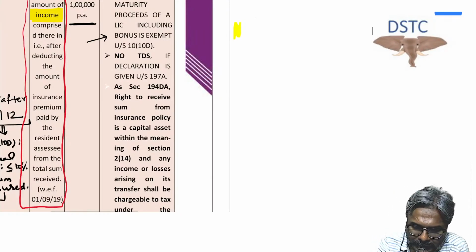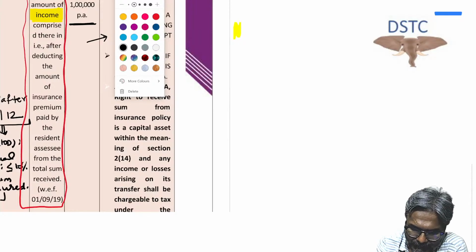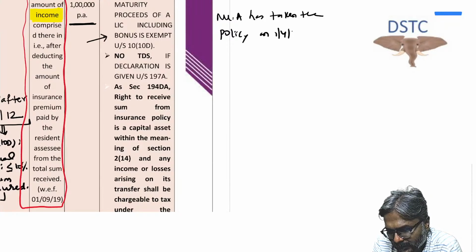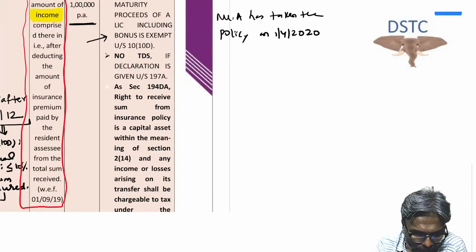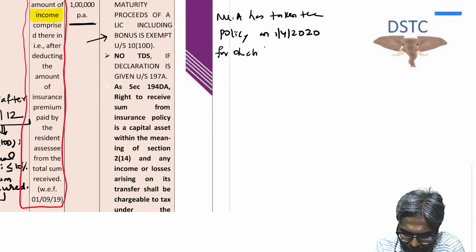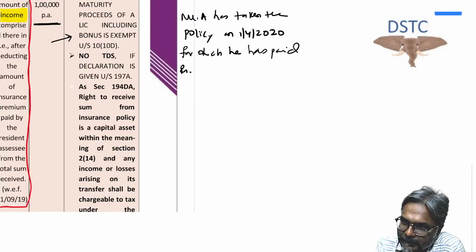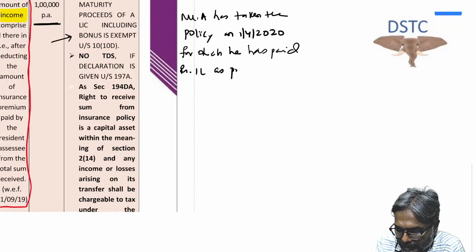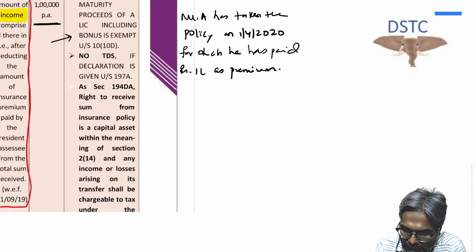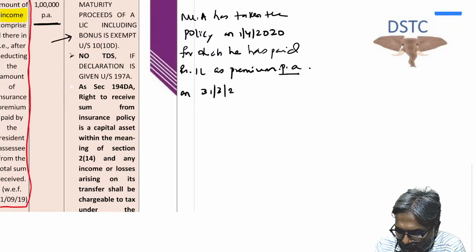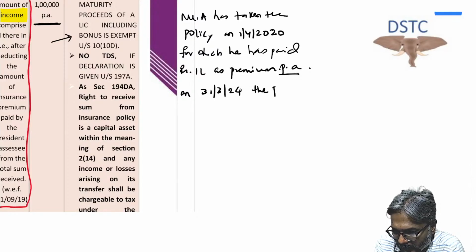Supposing Mr. A has taken the policy on 1st April 2020, for which he has paid rupees 1 lakh as premium per annum. On 31st March 2024, the policy matures